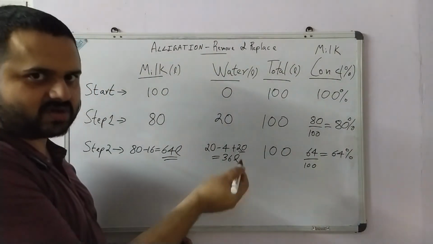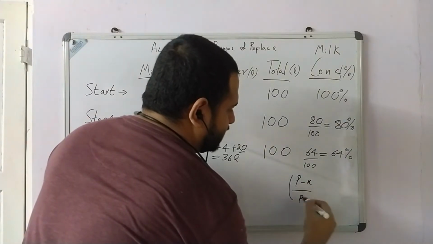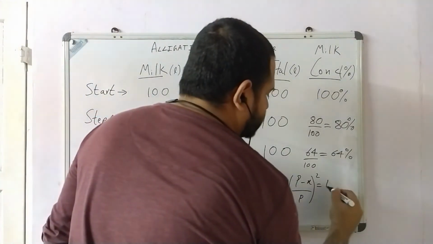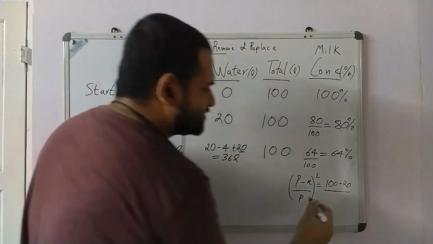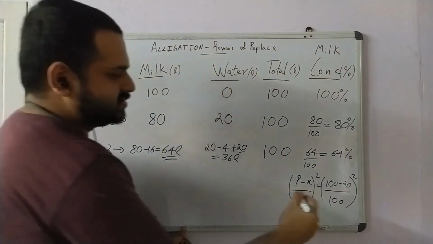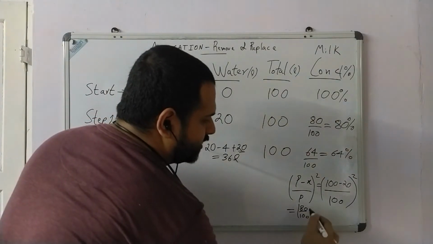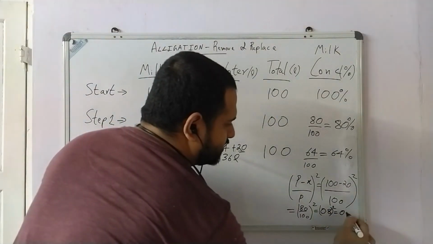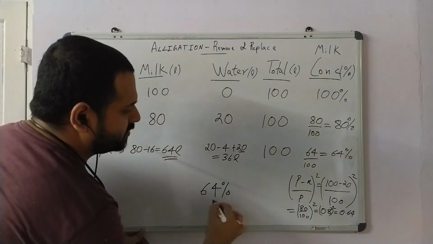And how do we solve this using the formula? We know that the formula is P minus X by P the whole square, because we are at the second iteration, right? What is P? 100. X is 20 liters, because that's what is removed and replaced, and P is again 100, right? The whole square, right? So what does this give us? 100 minus 20 is 80. 80 by 100 the whole square, which is 0.8 the whole square, which is 0.64, which is nothing but 64%,